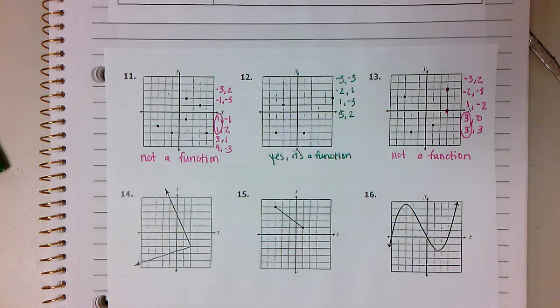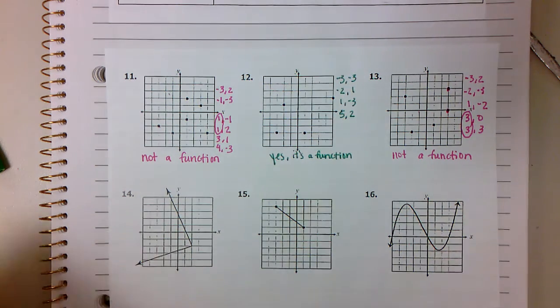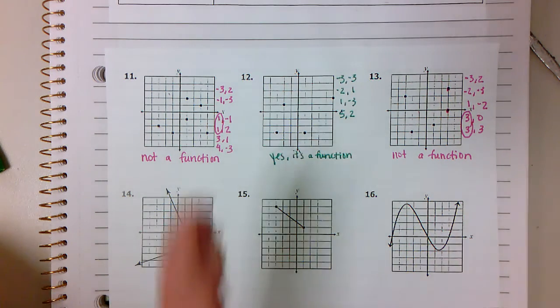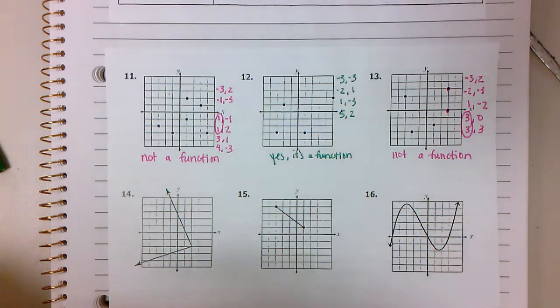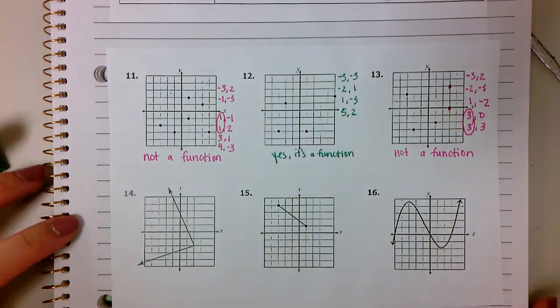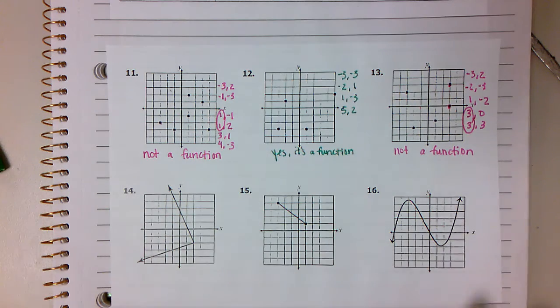So when you are plotting points, and soon we will be plotting functions, you have to make sure that there's not a point on your graph where they're sitting on top of each other, essentially. So you guys need to do these bottom three on your own. Whether or not they are a function, you just write yes or no, they are not a function. And then the second page of your notebook is going to be